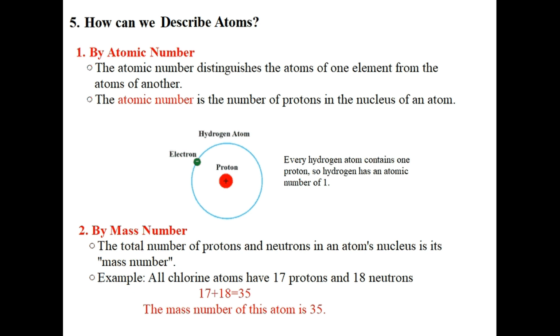Or we can describe atoms by the mass number. What is the mass number? It is the total number of protons and neutrons in an atom's nucleus. For example, all chlorine atoms have 17 protons and 18 neutrons. So 17 plus 18 equals 35. So the mass number of this